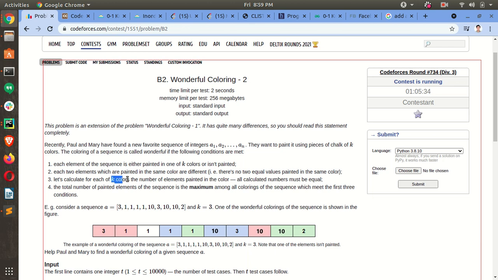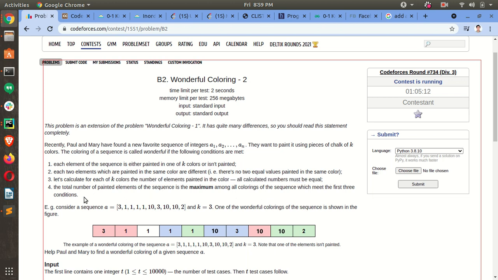For the k colors, the number of elements painted in each color must all be equal. So the number of elements painted in each color has to be equal. This is another condition.